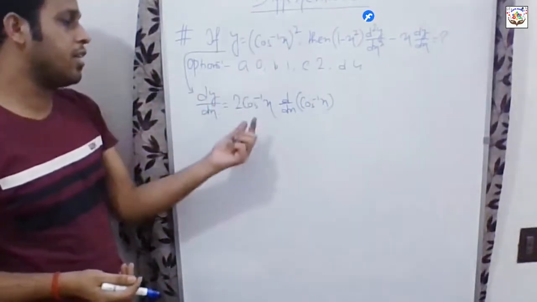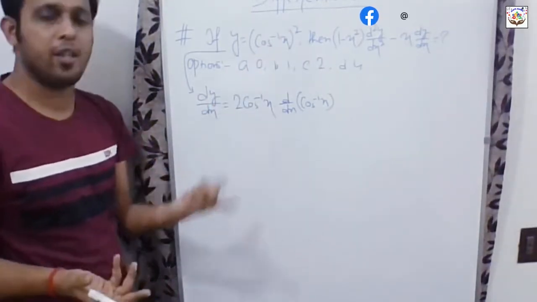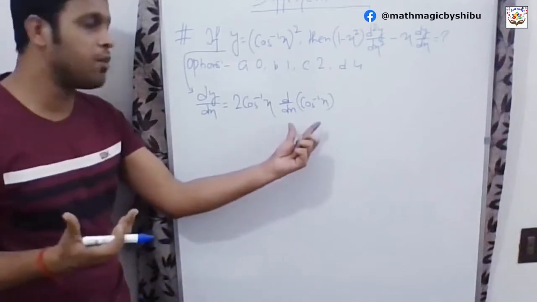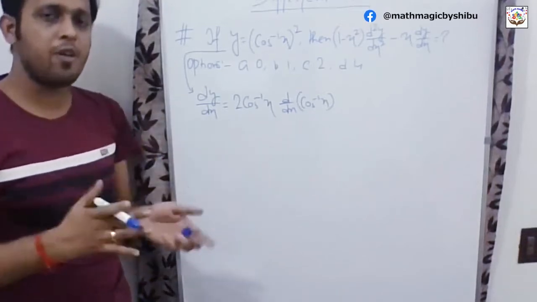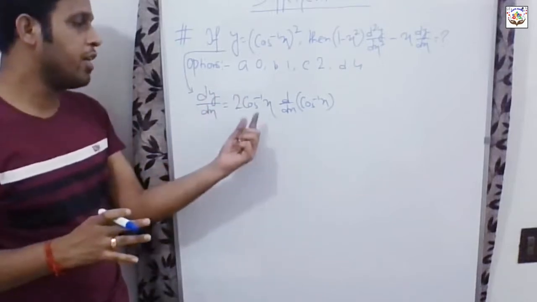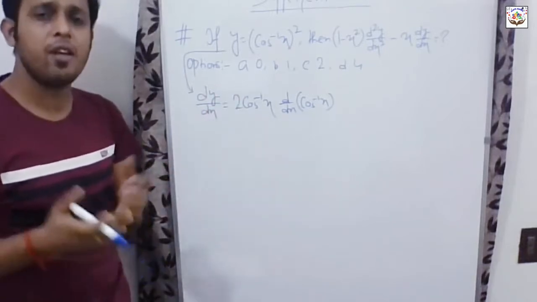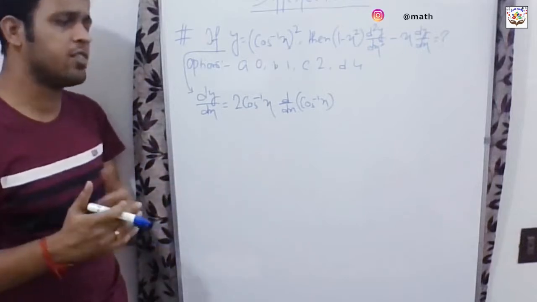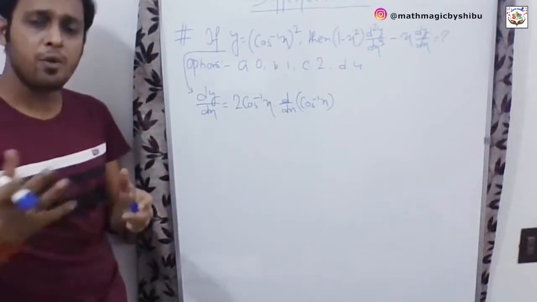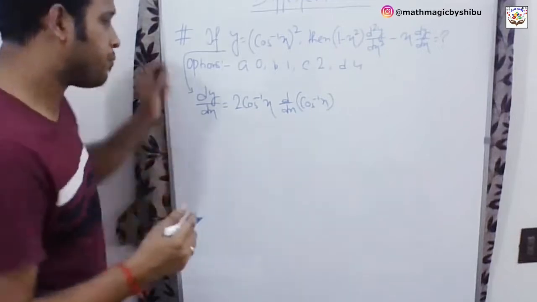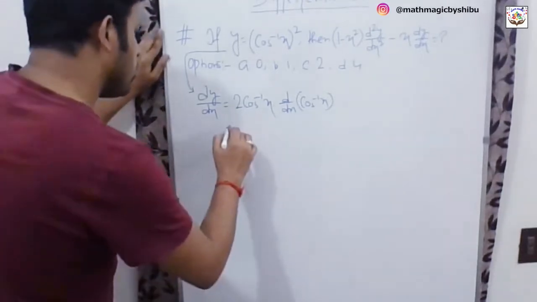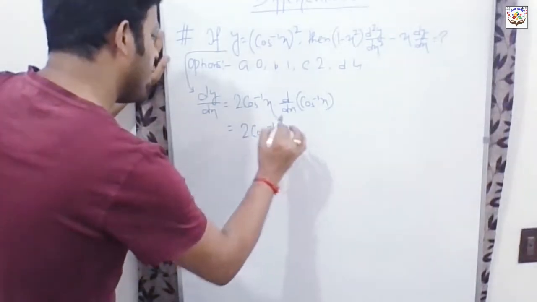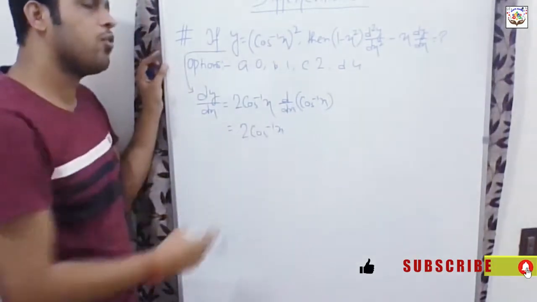If it is x squared, then it would be 2x into ddx of x. So ddx of x means 1. That's why we do not generally do the ddx of x part. But apart from x, any other part we need to differentiate again. Okay. In fact, I have mentioned this kind of thing in several of my differentiation videos. You can easily check it out, right? Okay. Let's move on. So it will be 2 cos inverse x into ddx of cos inverse x,